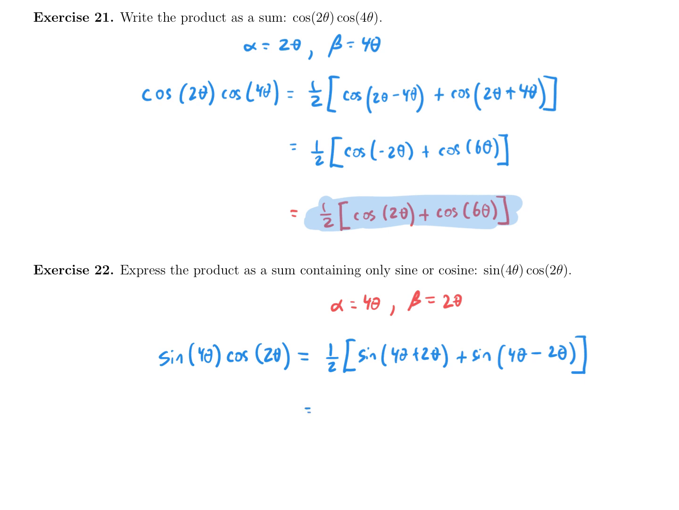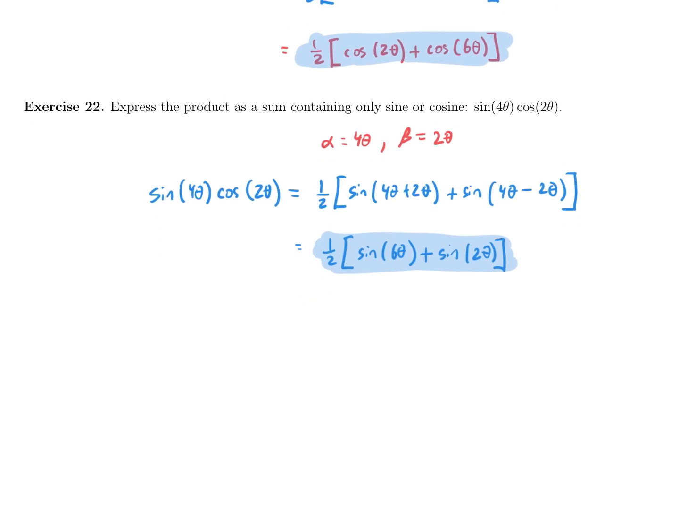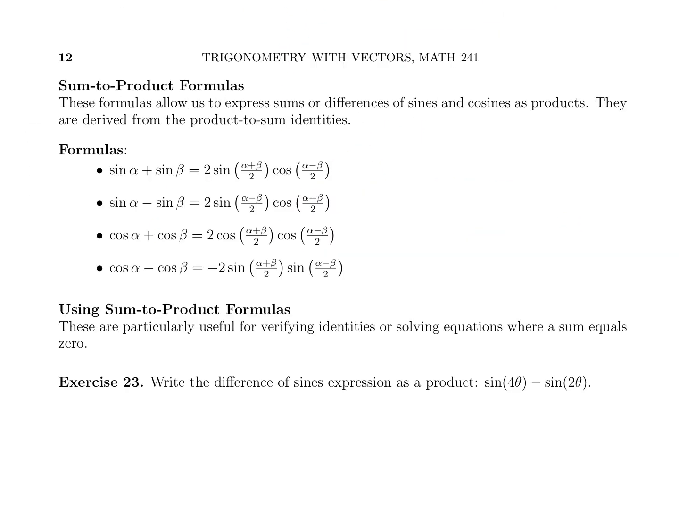And once again, we simplify this: 1/2 times sine of 6 theta plus sine of 2 theta. And that's as far as we can go there. So we are done. Okay, moving on to the next page. Now we have